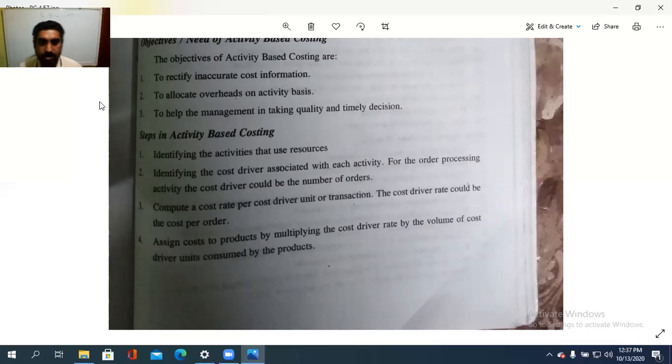Then compute a cost rate per cost driver unit or transaction, and the cost driver rate could be the cost per